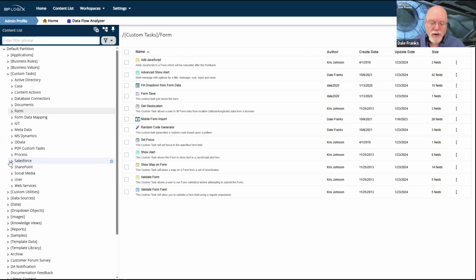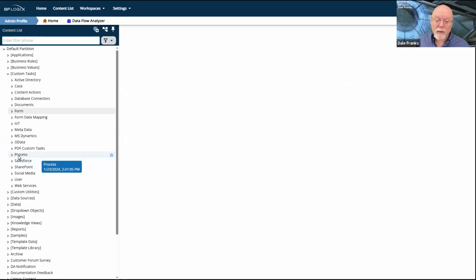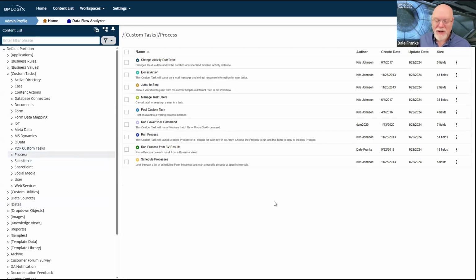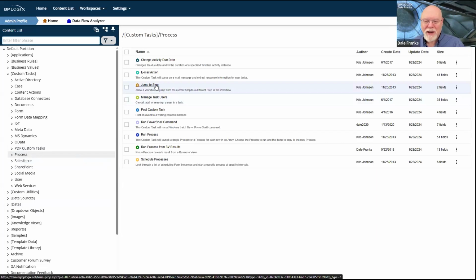in version 2 got into workflows, and now they have these legacy applications that are still running workflows. And that's fine. And there are some custom tasks that only work in workflows. I would point you to, because I was reminded of it this week by a technical support ticket, the jump to step custom task. If you do not use workflows, you will never use this custom task because it only works in the context of a workflow object.